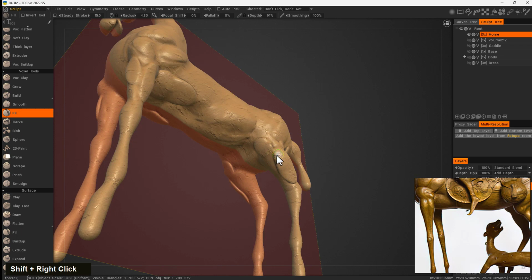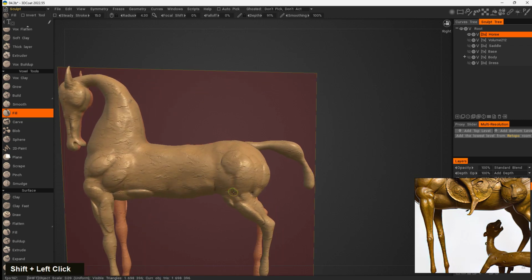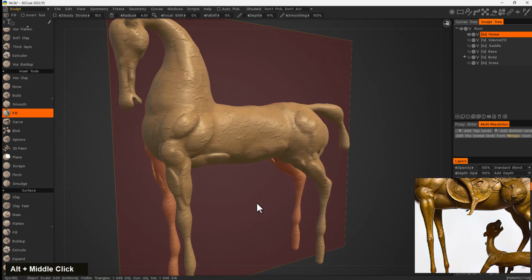Maybe with the shift, a little bit of smoothing. Right now, with the scrap,